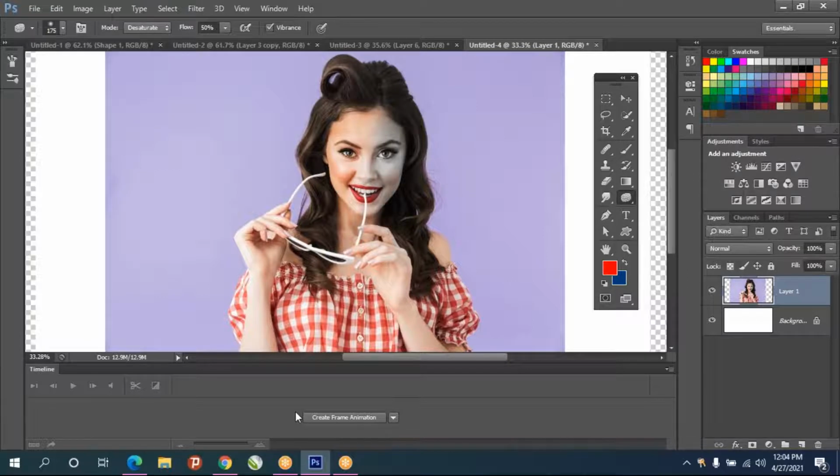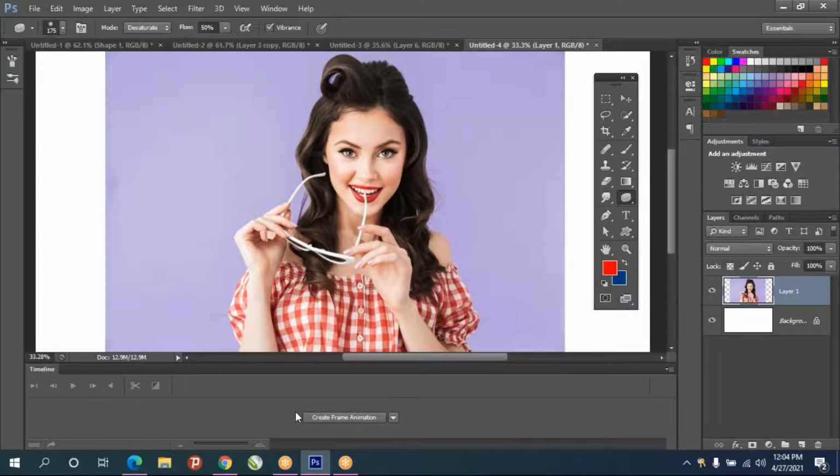So that is saturation and desaturation. These tools are actually very easy.